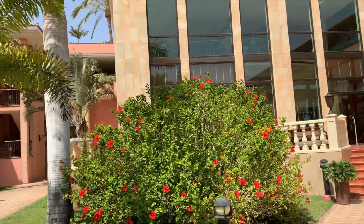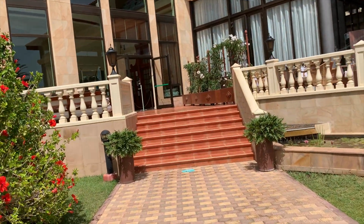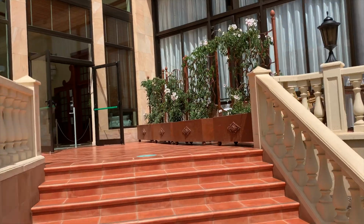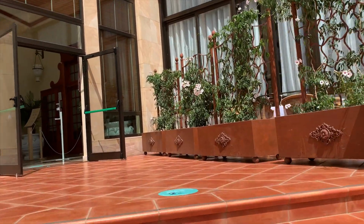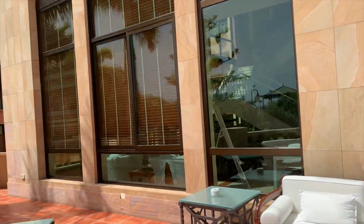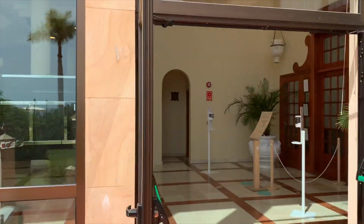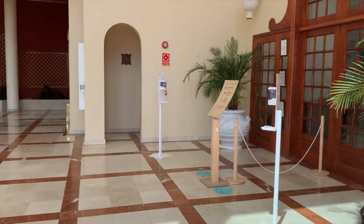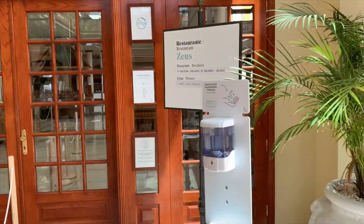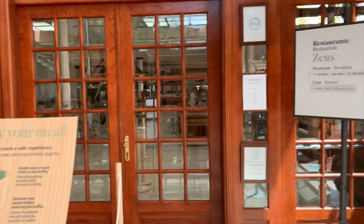I would go as far as to say, and this is including the hotels I stay in on business all over Europe, and I stay in some quite nice places, I would say this is possibly the best hotel I've stayed in in Europe. It really is that good. The food for an all-inclusive is fantastic. The only place where I think we've ever had anywhere approaching as good food as this is the couples resort